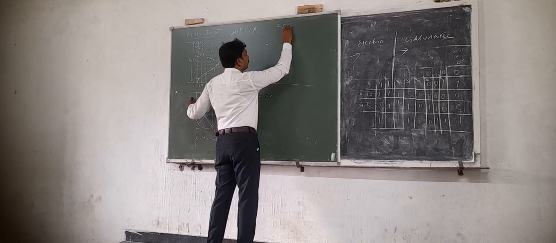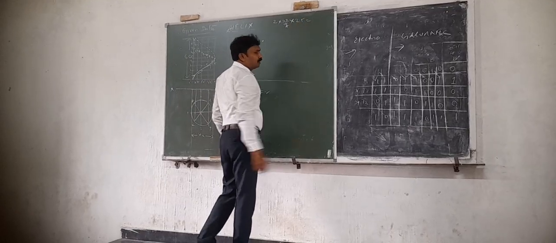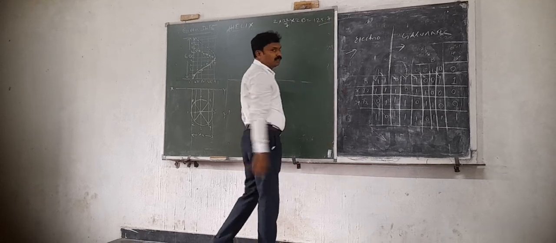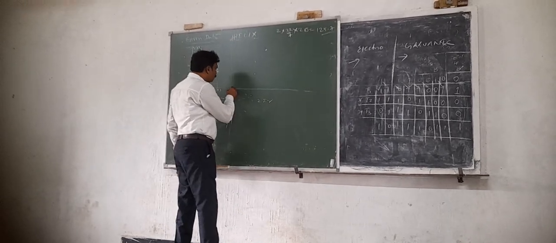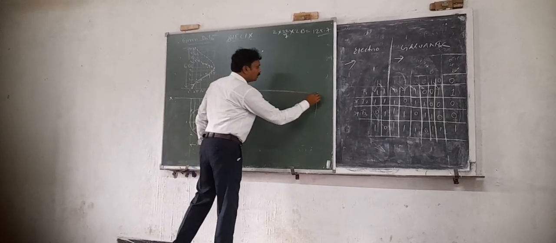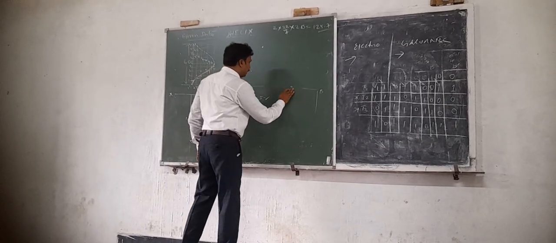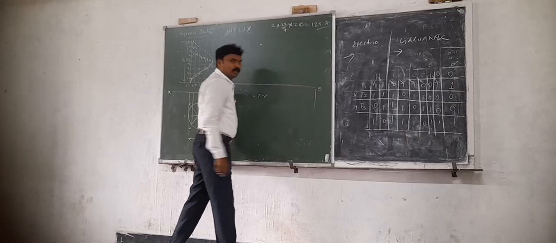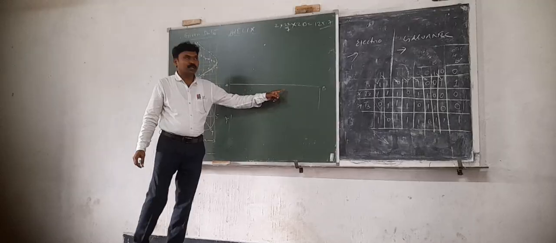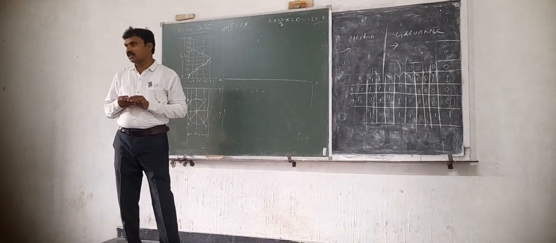So let me know what the 2πr value is: 2 into 22 by 7 into the radius 25. How much is it? 125.7 or something, in mm. Okay. Draw this 125.7 mm. Let it be A and B. How will you divide this straight line AB? You have to divide it into 12 equal parts. This straight line AB is 125.7 mm. Divide it into 12 equal parts.